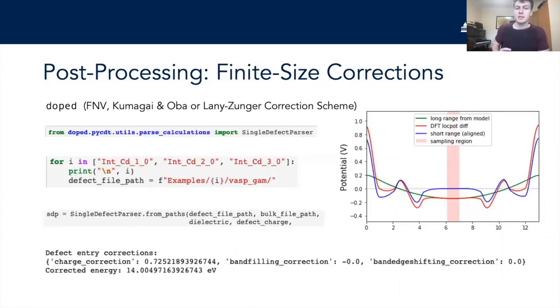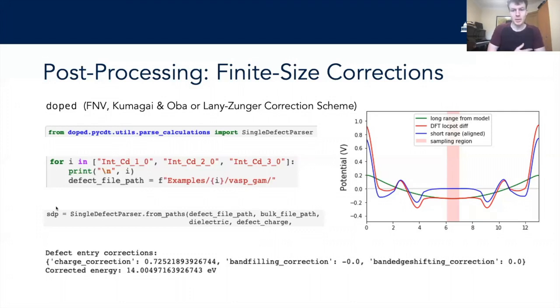As we're creating defects, we can also post-process them using Python as a possibly less painful approach. Different versions of this are implemented in different Python modules, but the three most popular charge corrections, the Freysoldt or FNV correction and the Kumagai-Oba correction scheme, as well as Lany-Zunger, are all implemented in Doped. So with a few lines of code, you specify where your defect files are, tell Doped to parse them using the single defect parser